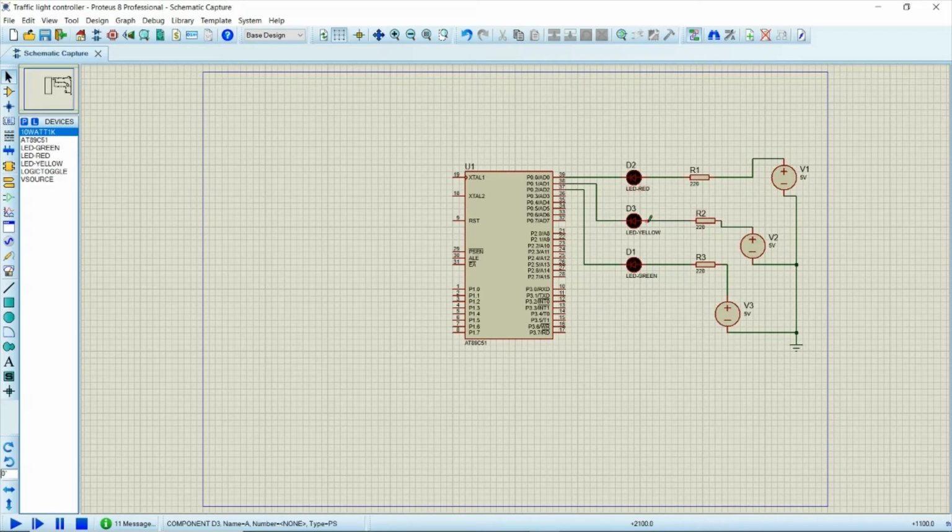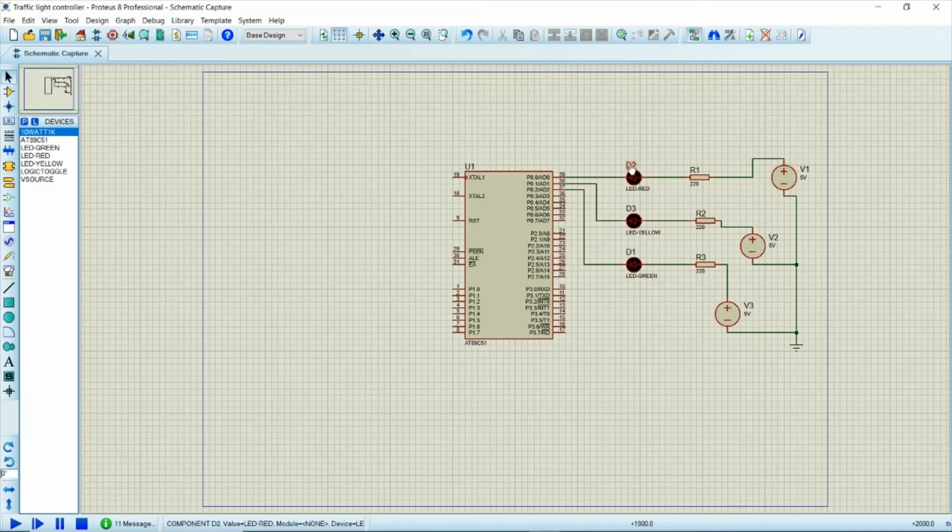Now for the LEDs, the anode of each LED is connected to the positive voltage source, and the cathode is connected to the pins of the microprocessor: port 0 pin 0, port 0 pin 1, port 0 pin 2. They are not forward biased because by default all the pins are 1, which means 5 volts on both sides.